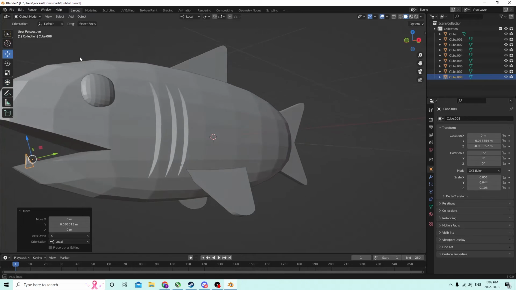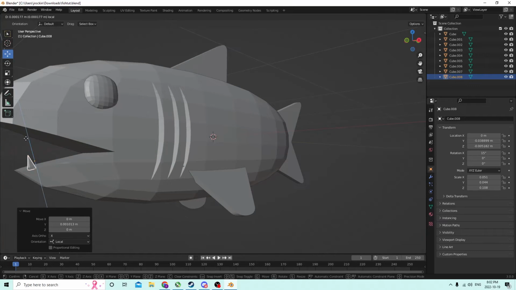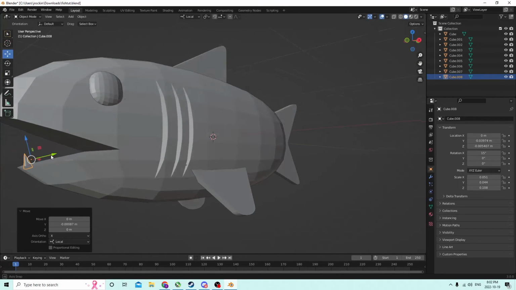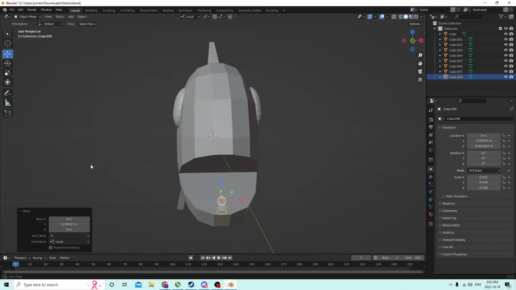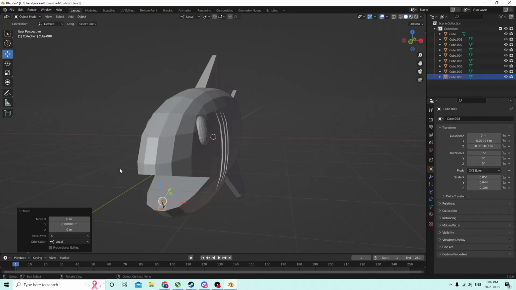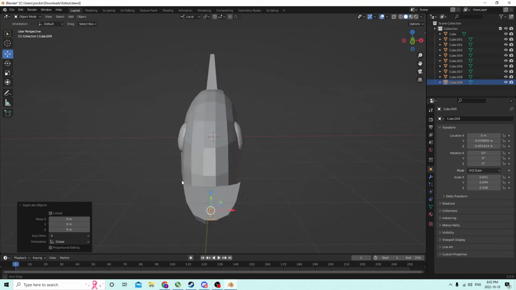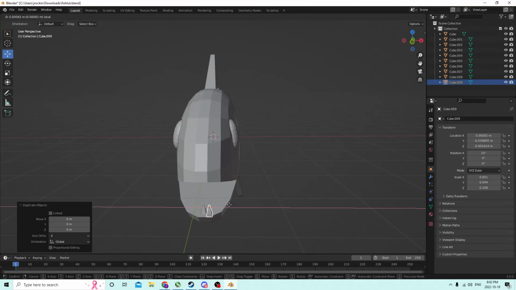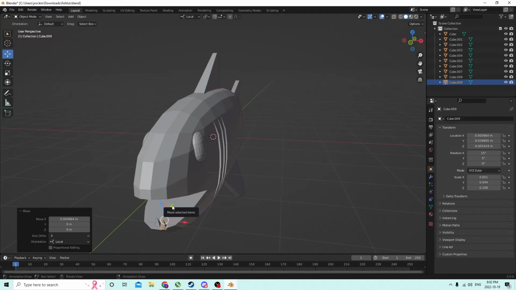So, when you're happy, bring your teeth up. Bring them up to the edge of the mouth. And when you're happy with the placement on that tooth, you're going to hit Shift D. You're going to go ahead and make the next tooth. Now, as you're doing these,